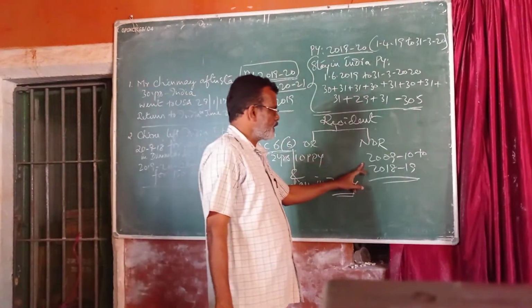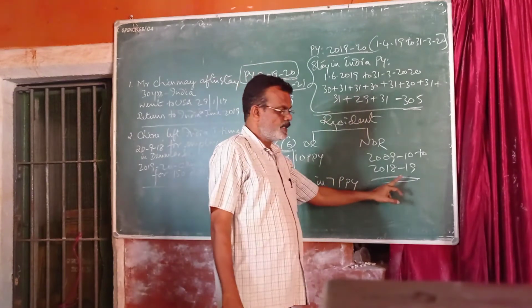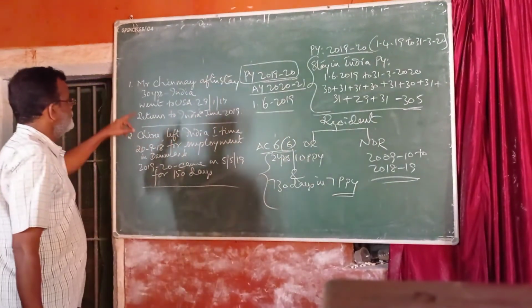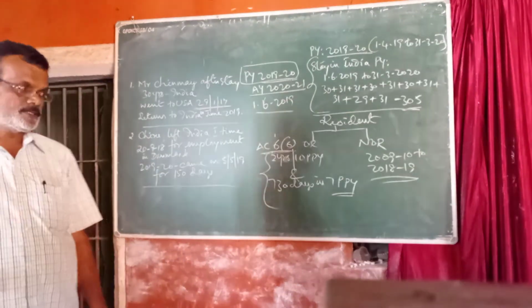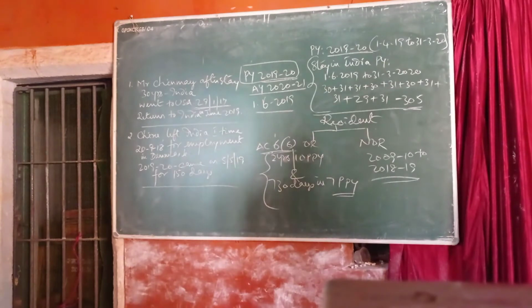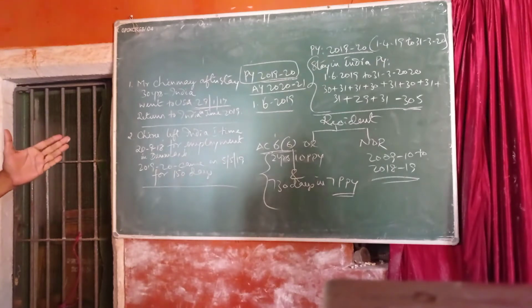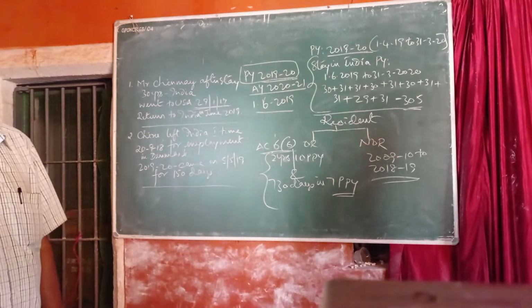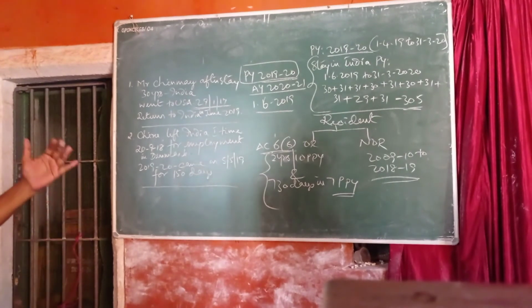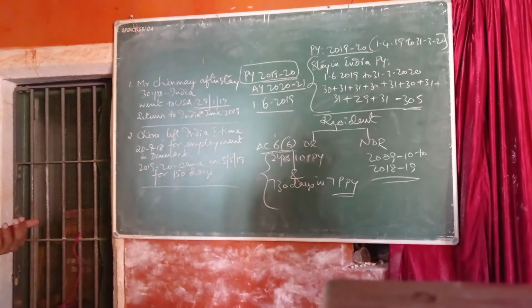So during 2009-10 to 2018-19 he was in India up to 29th January 2017. That means he was a resident for 2 years out of 10 preceding previous years. That is, in 2009-10 previous year, that means 1st April 2009 to 31st March 2010, he was in India, and 10-11 he was in India, 11-12, 12-13, 13-14. So it is more than 2 years.